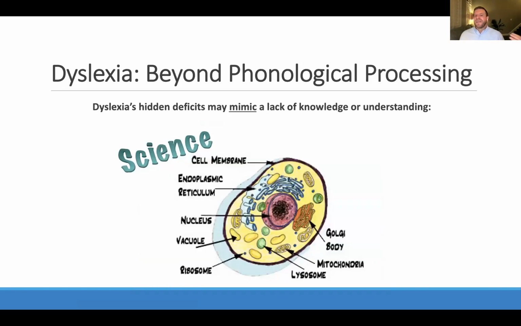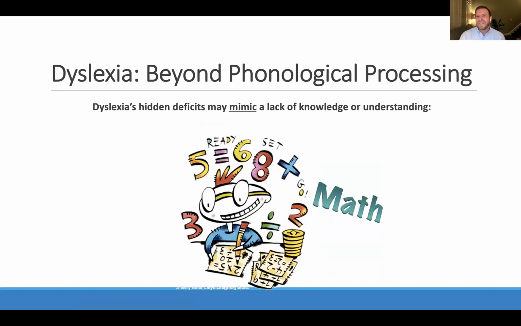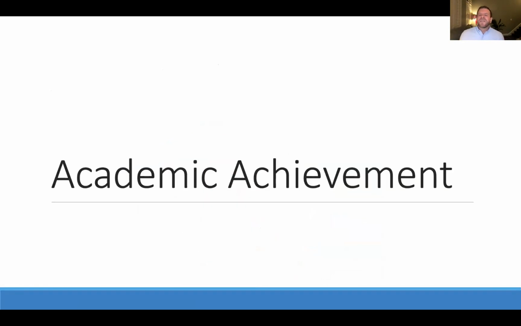So in science, by the time we hit 3rd or 4th grade, students are often asked to process very phonetically complex terms and words, often that aren't even really repeated or supported visually. And so it can really pose challenges in subjects like science. Math, as I mentioned before, can be a struggle as well. What's important to know is that when we assess academic achievement and we're looking at the impact of whether it's dyslexia or attention-related issues or some other kind of learning disability, we want to be comprehensively assessing.